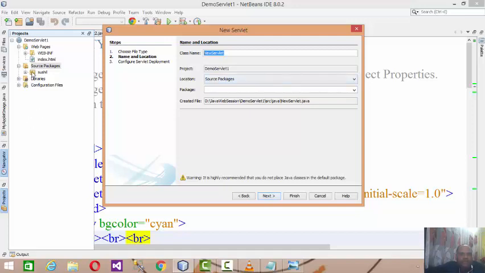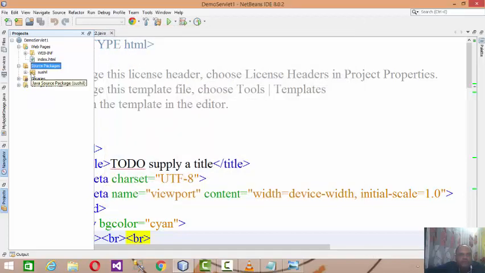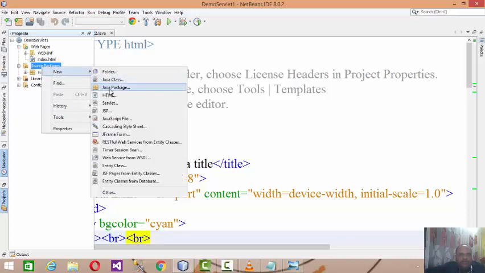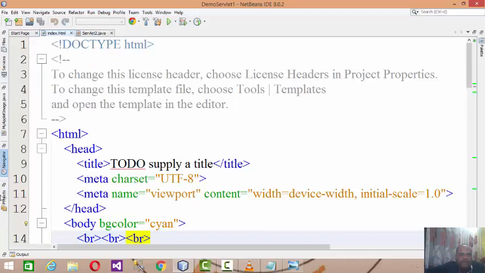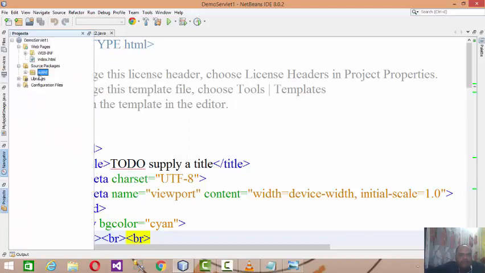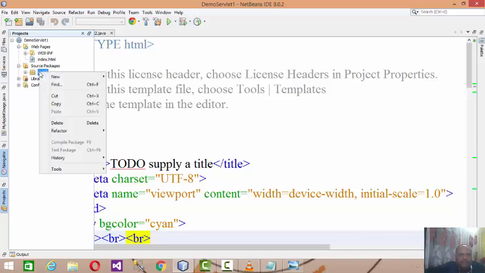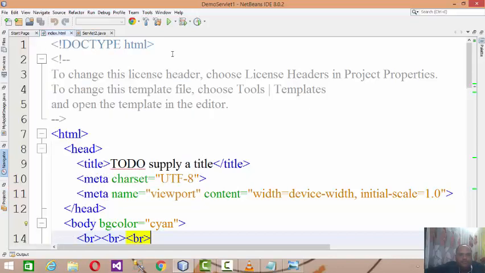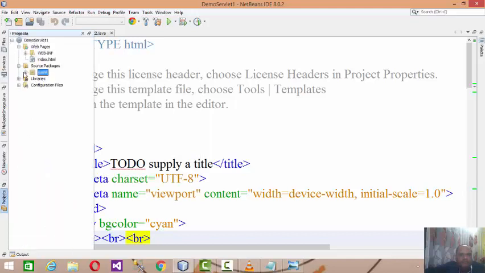Here in this example, I created a package by the name of my name, Sushil. You can right click and add a Java package and give your name as well, or any other name. Now this is called a servlet container. That package is called a servlet container. So what I did over here, I created the package by the name of my name, Sushil, and inside that package you have to add a servlet. So here I added two servlets, servlet 1 and servlet 2, right?